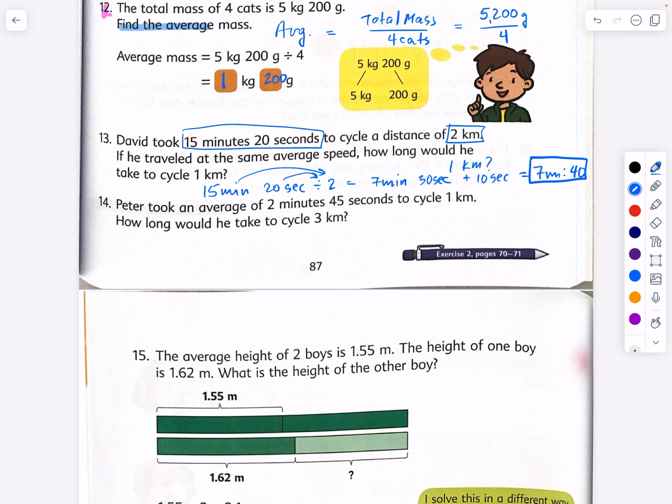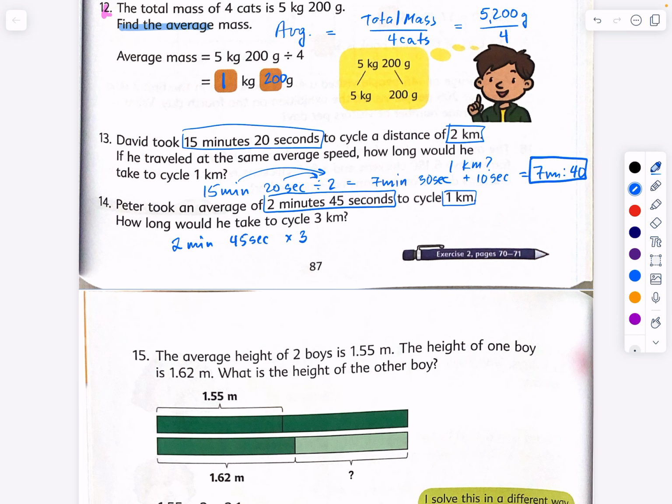And finally, problem number 14. Peter took an average of 2 minutes 45 seconds to travel 1 kilometer. How long would it take to travel 3 kilometers? Well, I hope you understand it's 3 times the distance. 3 times the distance means 3 times the time. So we just need to do 2 minutes and 45 seconds